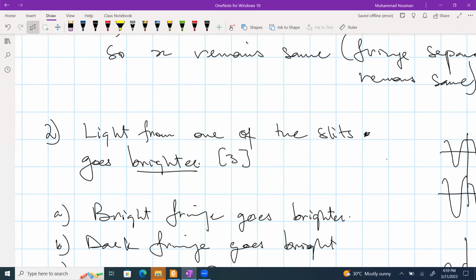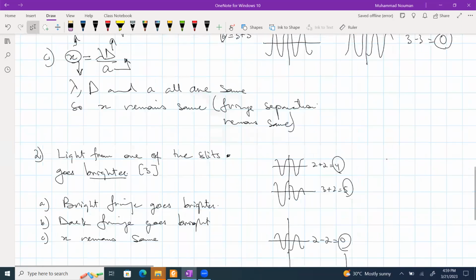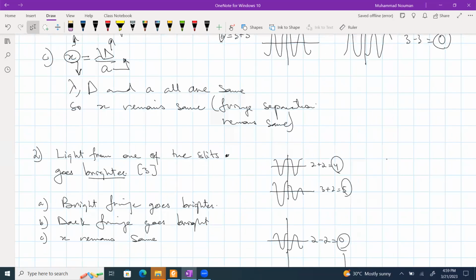So these are the kind of questions they ask you about Young's double slit experiment. I hope you understand it. If you follow all these techniques and formulas, inshallah, all the questions will be easily done by you. So you better do one thing: whenever you see a question anywhere in the worksheet sent by me, you just